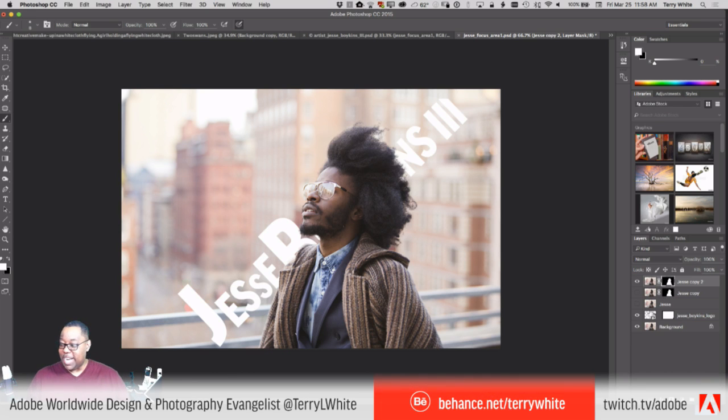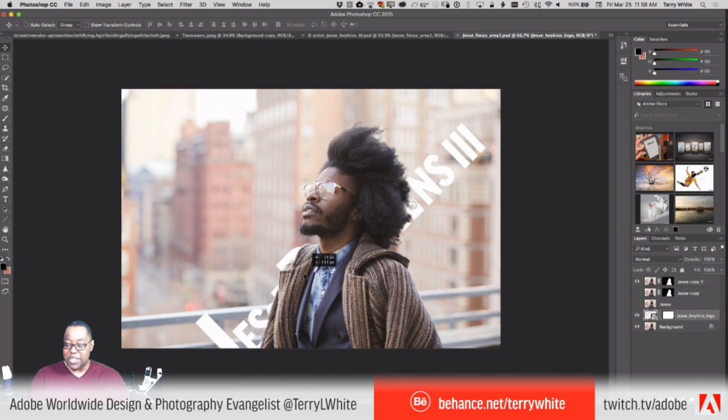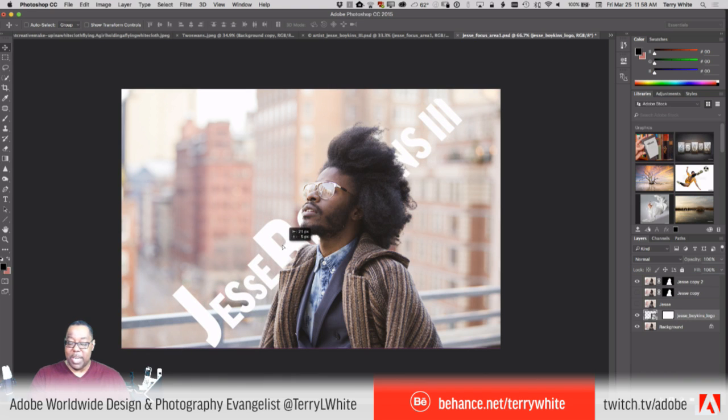Now the text is on a layer all by itself, so I can move it around, and we can see how good of a job it did with the hairs with Refine Radius and the text. All right, so